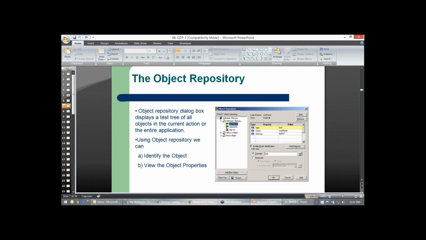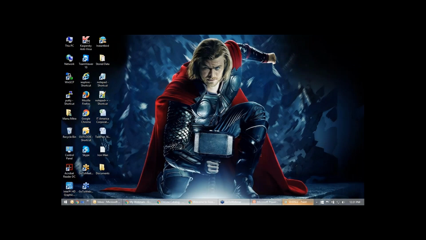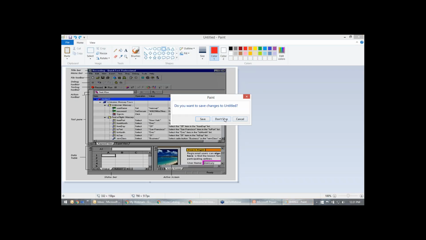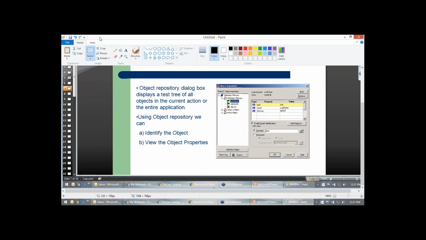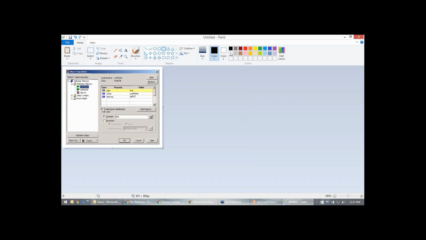Okay, let's now talk about the object repository. This is how it looks. You have a parent object, and then you have child objects.